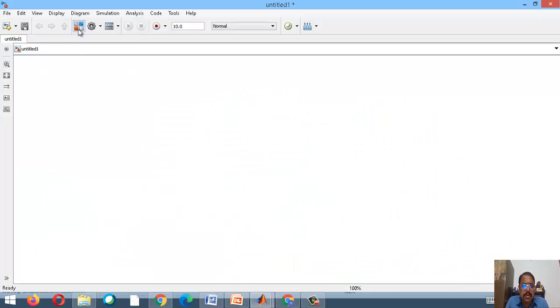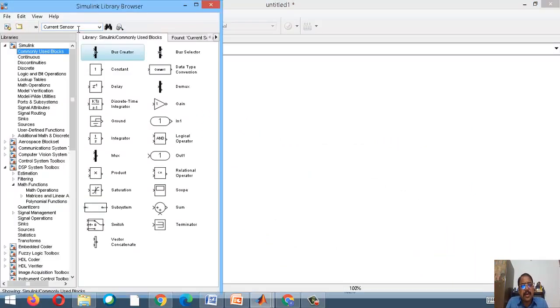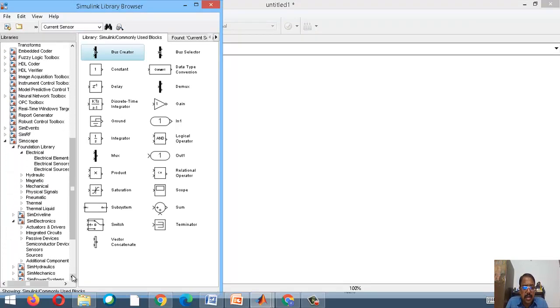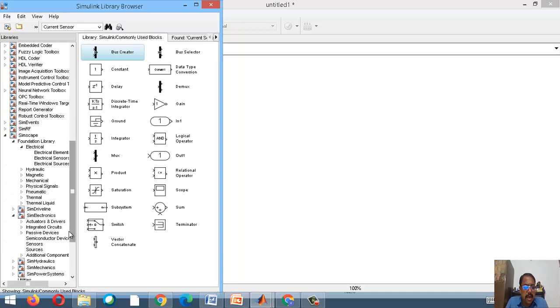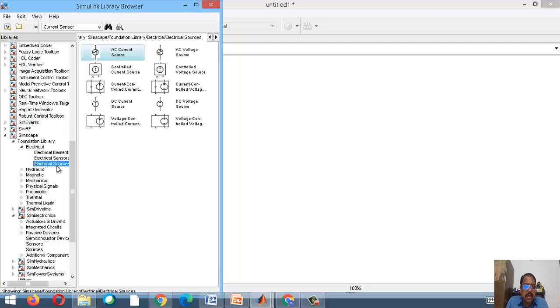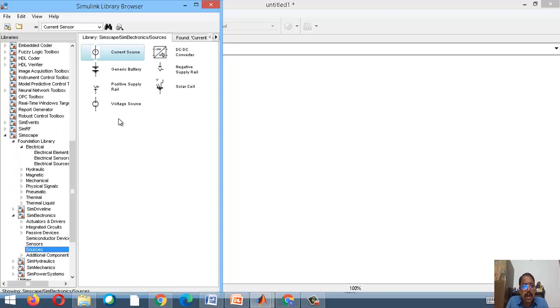So go to this library. Here in your Simscape, go to Simscape. So in Simscape you will have so many sources. So you go for electrical sources. Okay. You have all types of sources there. Now I want